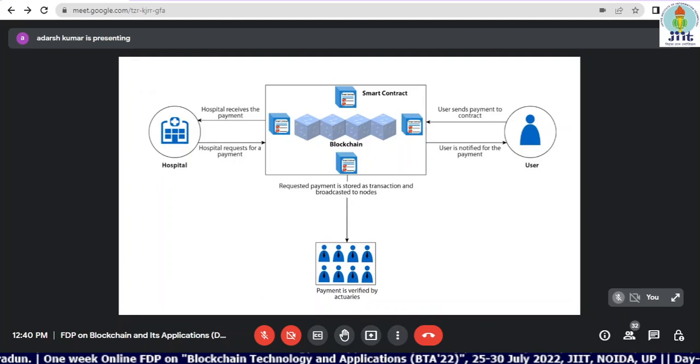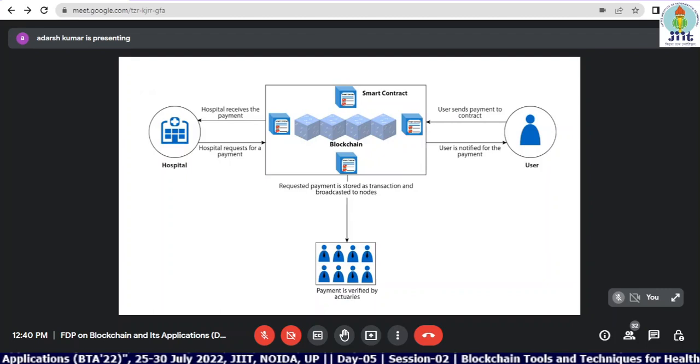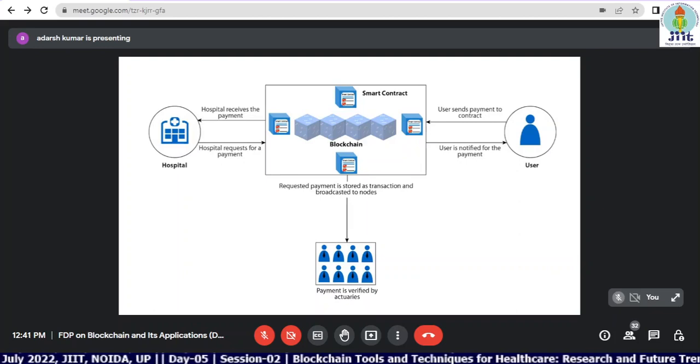So what is happening right now? I mean, not right now, but if we integrate the blockchain, on one side is a hospital. If a patient is visiting a hospital, it will request for a payment. Patient either has to give the amount, or he needs to produce his insurance policy documents. Then there are regulatory authorities or actuaries which keep on checking or auditing your data, and if you're giving the right data, the right information is stored in the blockchain network, right?